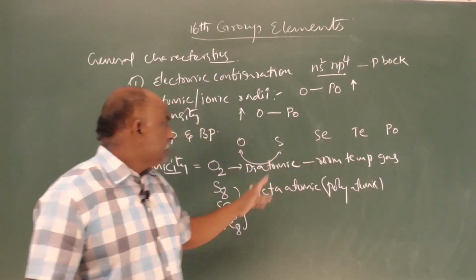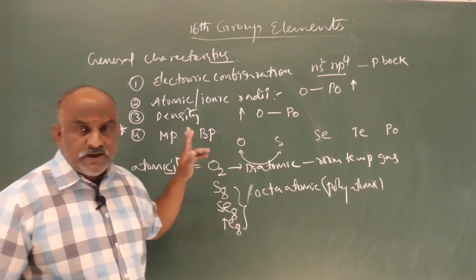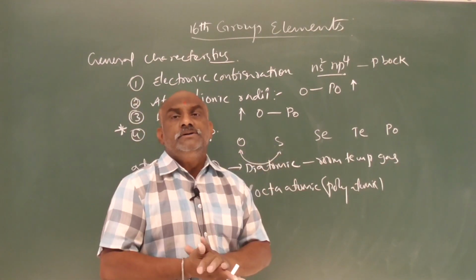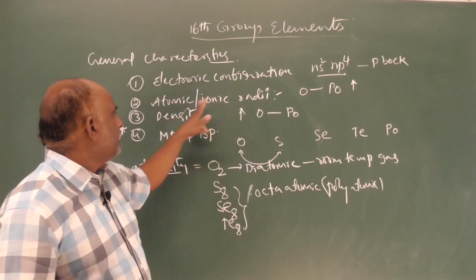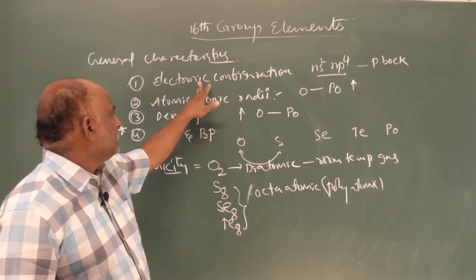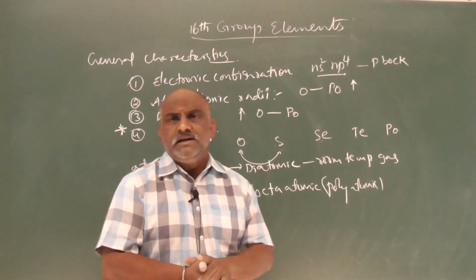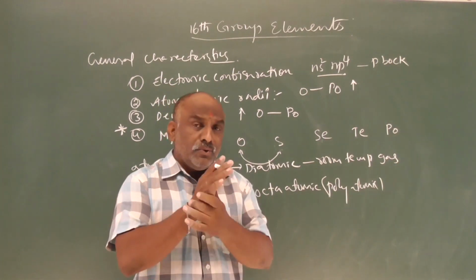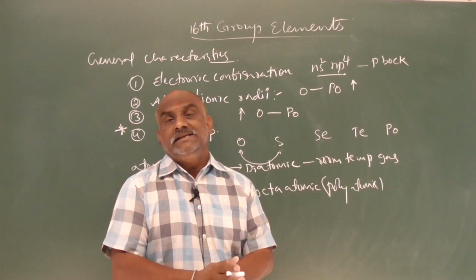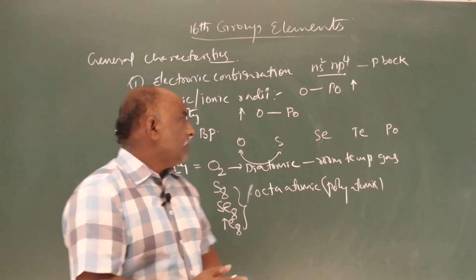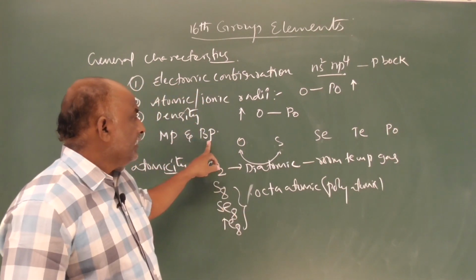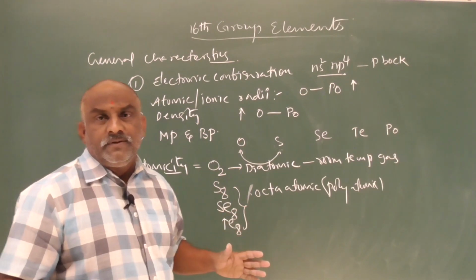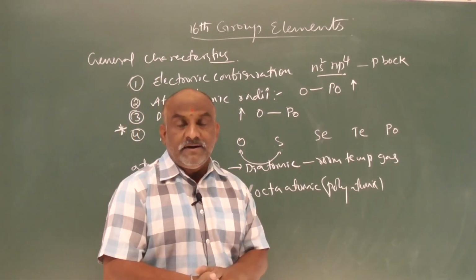Clear. So, make a note, this was a very important point, my dear students. These are the common points: atomic radius, ionic radius, electronic configuration, density. No need to consider those points much, but where the controversial point is there, you have to notice that and practice. Clear. So, melting points and boiling points increase generally, but the trend is not in a systematic pattern.